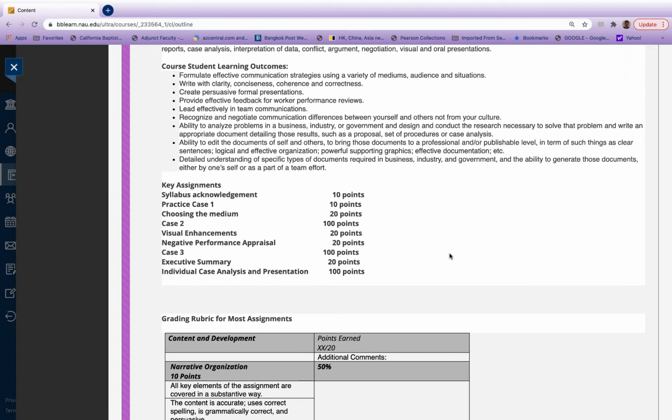First week, all I'm going to want you to do is learn how to use this course. That'll mean reading the syllabus and acknowledging, send me a written note telling me that you have read and understood what the expectations are. Then we'll go on to our first case, our practice case one. We'll go into a lot of detail about how to do case analysis. As I said, this is the core foundational business instruction method. Now, you may not necessarily be in a business school, but if you're in leadership or you aspire to leadership, this is basically the way that instruction is done, is through case analysis.